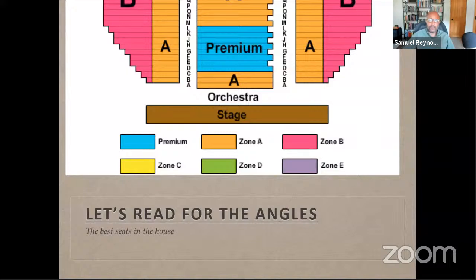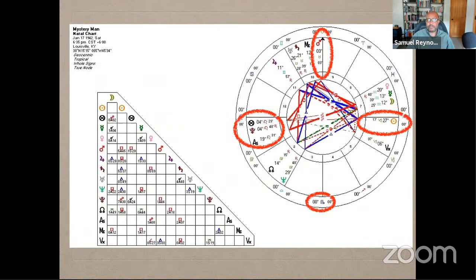Okay. So when you read for the angles, I have 3 examples for the 3 kinds of houses. So with this mystery person, January 17th, 1942, 6:35 p.m., Louisville, Kentucky. I love this chart. I think I picked all of my favorite charts because we have a Leo rising. So that means we have to look for the sun. Now, if you use whole sign houses as I'm using here, the sun is very close to the 7th house. It's like 3 degrees shy of being at the cusp of the 7th house.